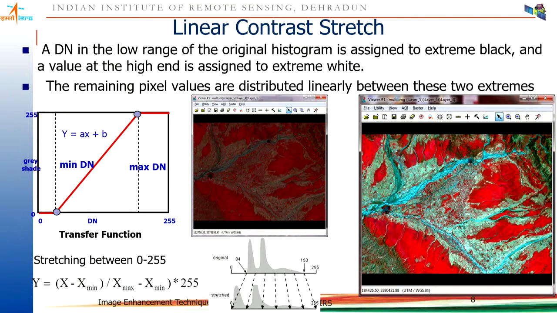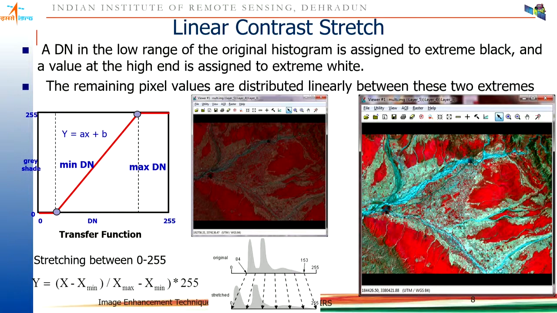So if this was my original image, which is low contrast, all objects are not very clearly interpretable. When I stretch it between 0 to 255, now please remember that this is a FCC, a false color composite of 3 bands, one displayed in red, one in green, and one in blue. All the 3 are contrast enhanced independently.